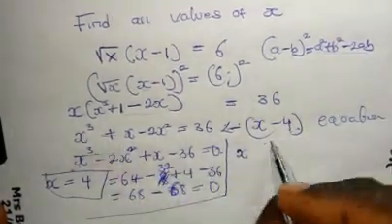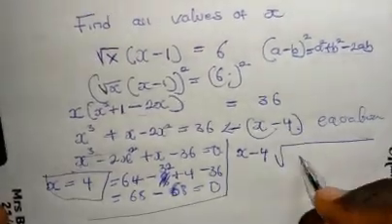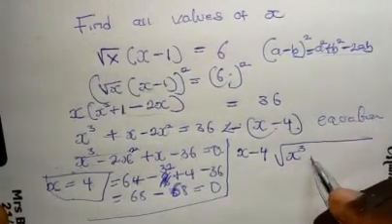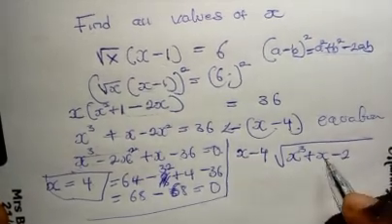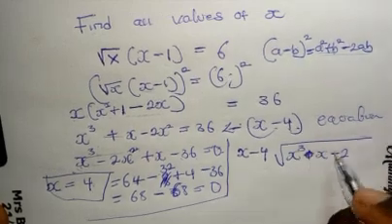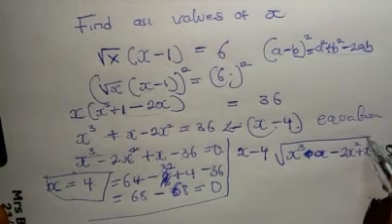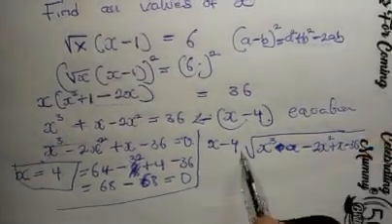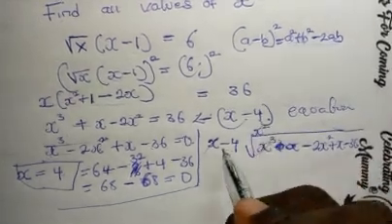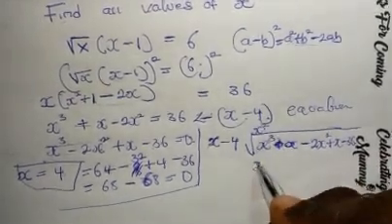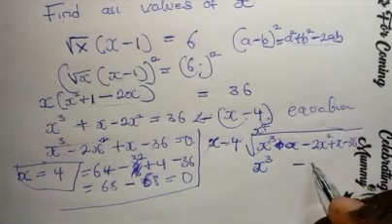So let's divide with the factor we have gotten, which is s minus 4. We're going to divide it into the real equation. So we're having s to the power of 3 minus 2s squared plus s minus 36. So s into s raised to the power of 3 is going to give us s raised to the power of 2. So s times s squared is equal to s raised to the power of 3. Minus 4 times s squared is equal to minus